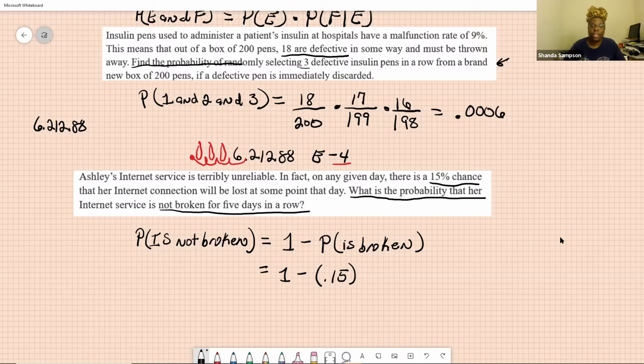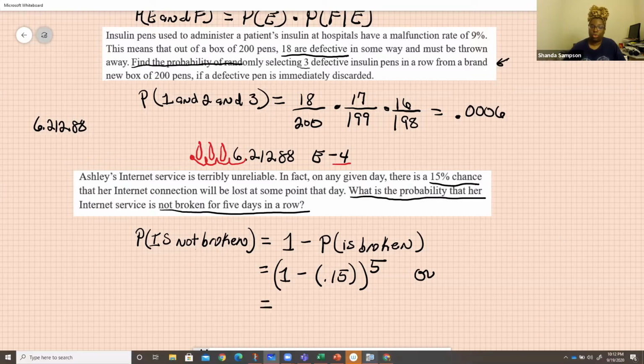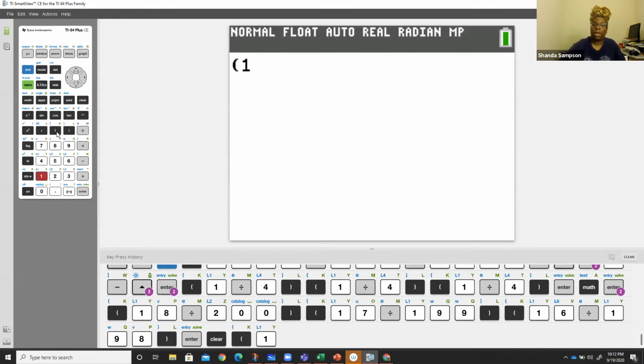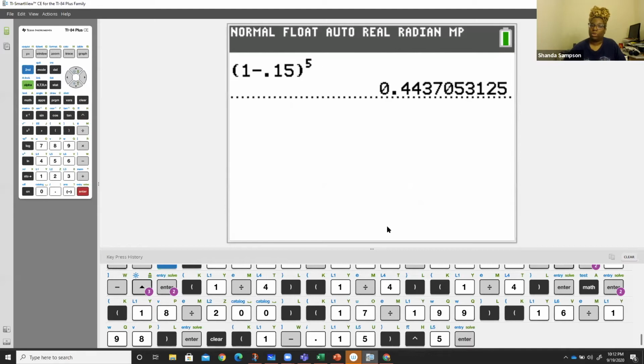So this right here is done over and over again. So this would be 1 day. 1 minus 0.15 is 1 day. But we need how many days? We need 5 days. We need 1 minus 0.15, 5 days. 1 minus 0.15 taken 5 times. So we need to put that into our calculator in parentheses because it's the whole thing. So we get parentheses 1 minus 0.15, close parentheses, caret, that means to the 5th power. If you don't know how to do exponents, check out my video at the end of this video. So that's your answer,